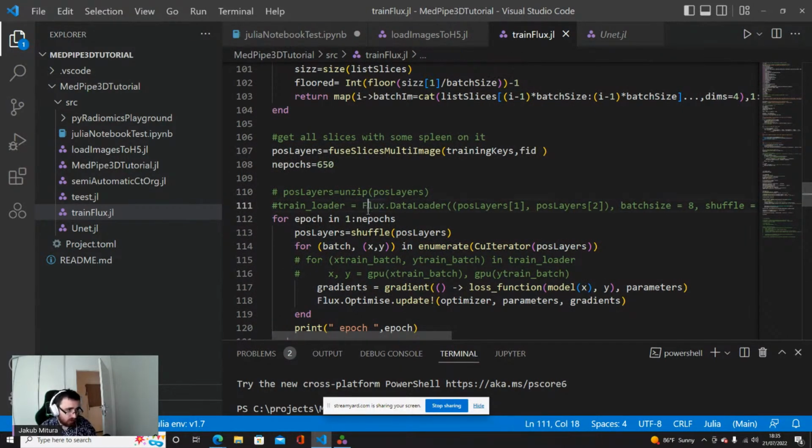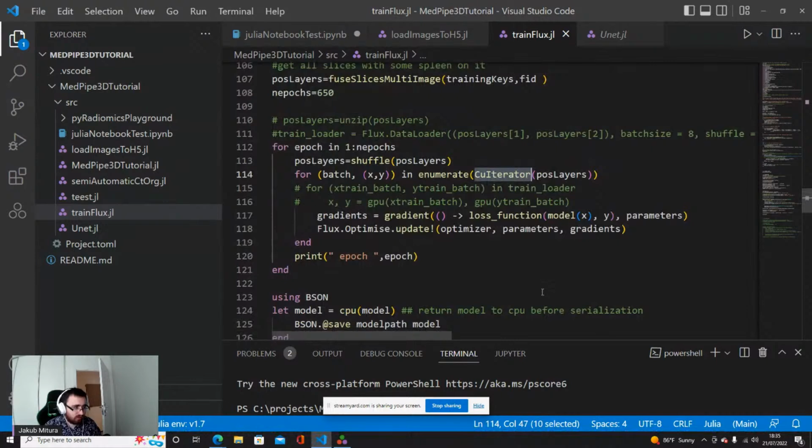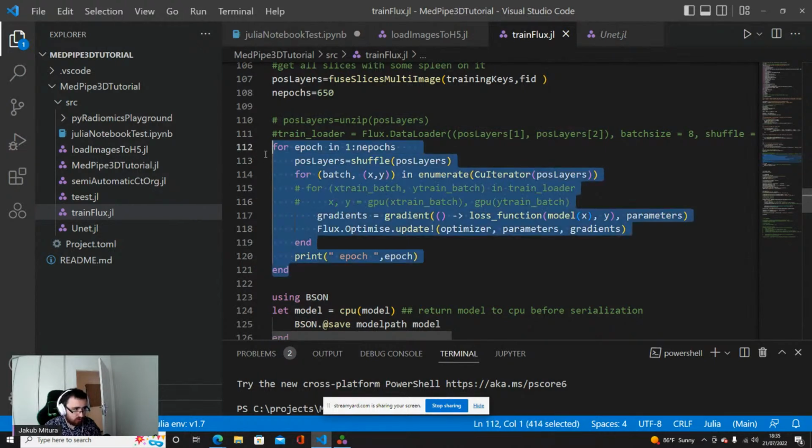So we can get a train loader and pass the train loader to an iterator. But I do not want to keep it simple, so it will not be done like this in this particular example. So here in the epoch loop, when we are training the neural network, we train it over a number of epochs.